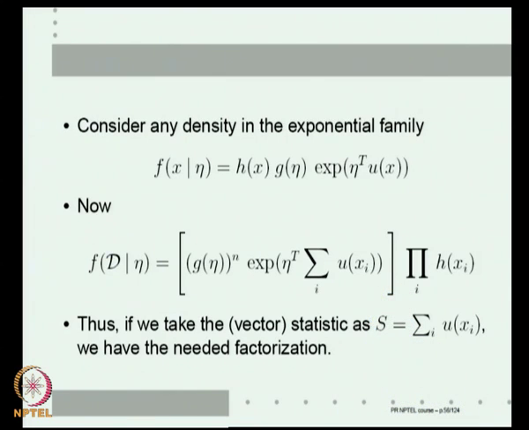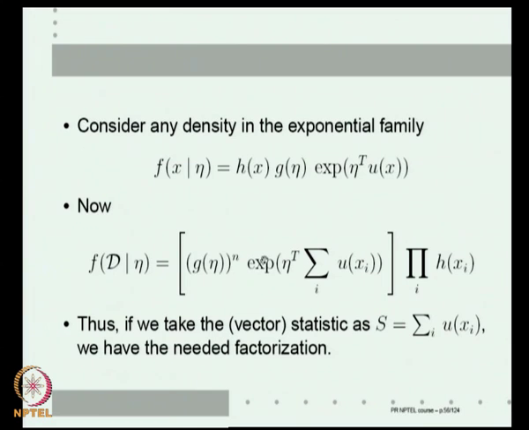Just one special thing that you should note: we already said eta could be a vector and u's could also be a vector, then summation over u(xi) would be a vector. So, a sufficient statistic could be a vector. What we mean is, for the exponential family, this vector statistic, summation over u(xi), is sufficient for the vector parameter eta,